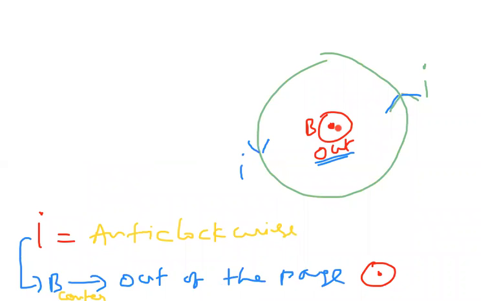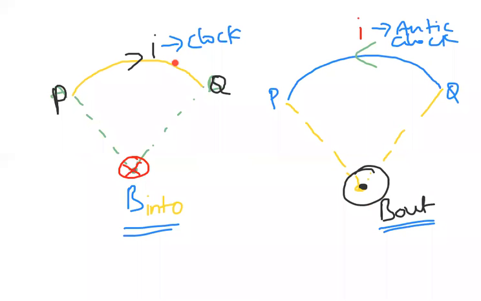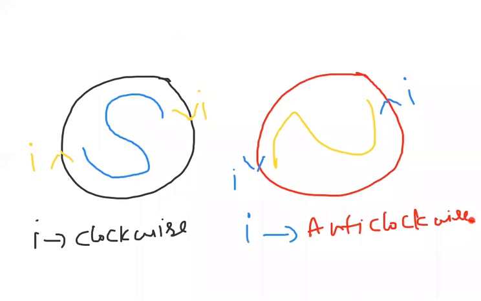And we told that this applies to any loop, not only a complete circle but also some arc of the circle. This is a small arc, and here also you can observe the same phenomenon at the center. Any arc can be a semicircle or a quadrant, anything. The same phenomenon: current clockwise, magnetic field inside; current anti-clockwise, magnetic field outside. Finally, current flowing clockwise, face of the coil behaves as south pole; current flowing anti-clockwise, face of the coil behaves as north pole. I hope you are clear with these circular current carrying conductor directions.